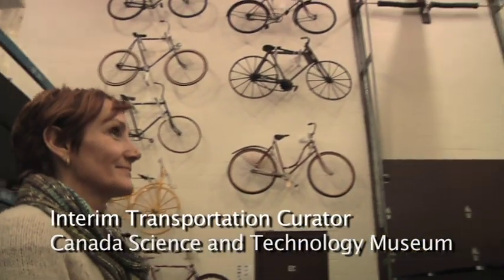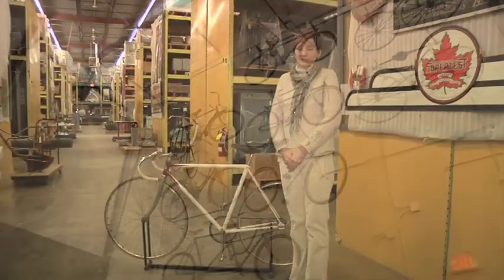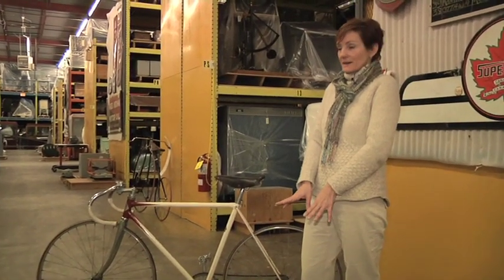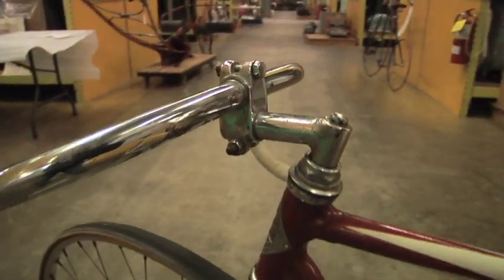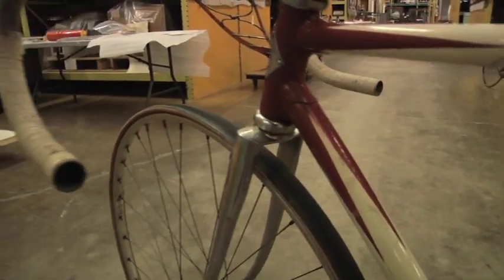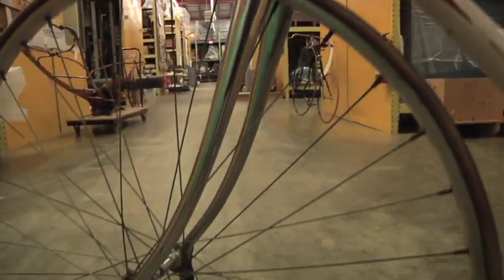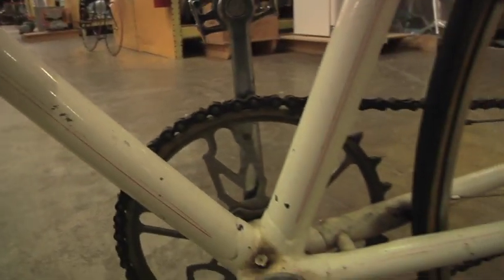Today I'll present to you one special bicycle that we have in our collection of bicycles at the museum. It's a Flyer bicycle. It's a special racing bicycle that was made by CCM. CCM early on in its history had been making racing bicycles, but in 1921 they produced a special one called the Flyer, which was used by many racers in the United States and Canada, and many championships were won with Flyer